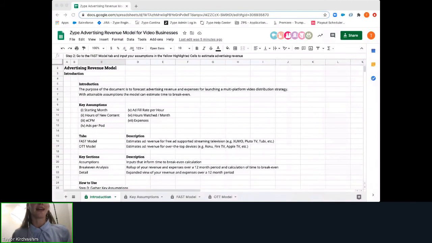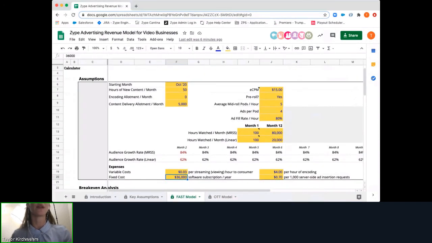Yes, I agree that scale definitely brings that opportunity for sure. And as you scale up, that definitely helps. Again, if you do have the capability to do a mix where you are doing one, two, three direct ad sales campaigns at any given time and supplementing with programmatic, that can help even out your fill rates and your CPM. For programmatic sources, though, in the FAST ecosystem, in the FAST model that we were going through, I've